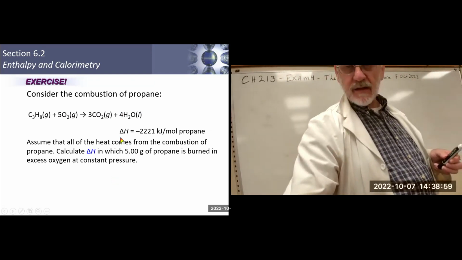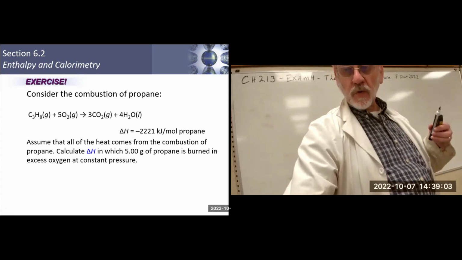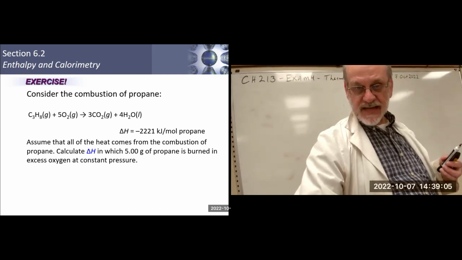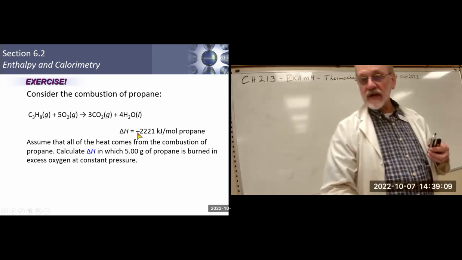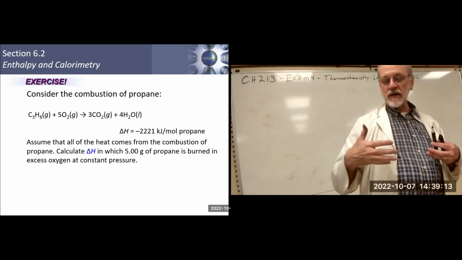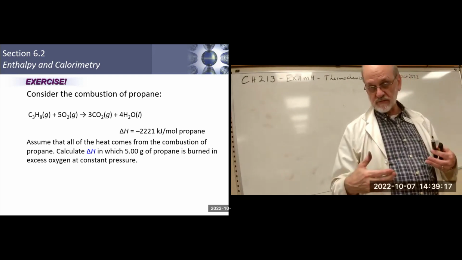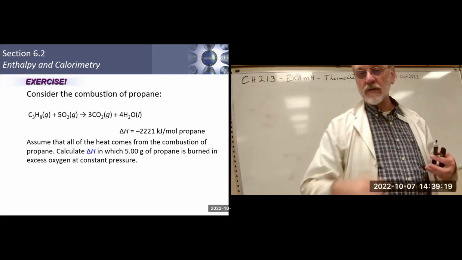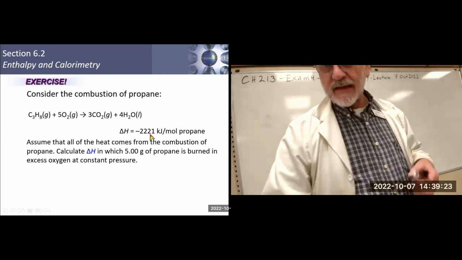And if we let that happen, what we will see is that that reaction will evolve. See this negative sign right here? That negative sign says it's exothermic. It will give off 2,221 kilojoules for every mole of propane, right? So that kilojoules,